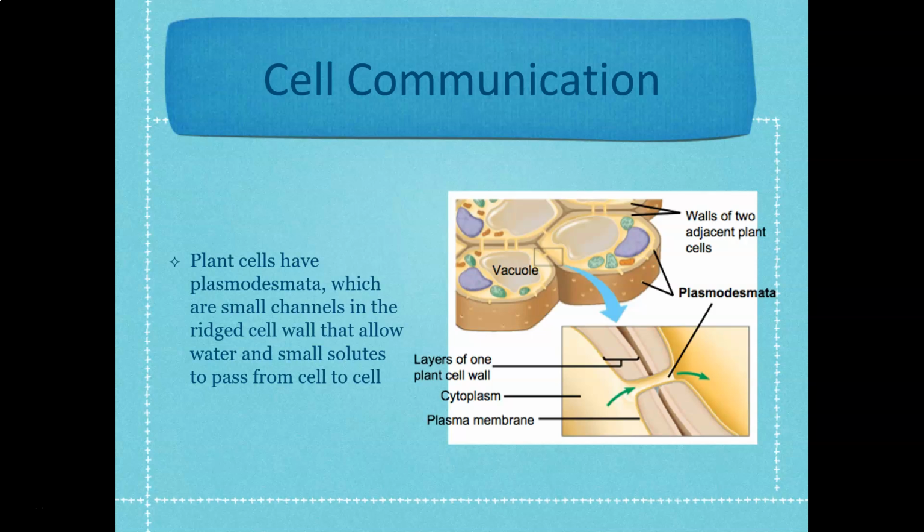So here's the thing. When we talk about multicellular organisms, those organisms need to be able to coordinate the activities of their cells so that they can coordinate the activities of those tissues, that coordinate the activities of that organ, that coordinate the activities of that organ system, so that you as an entire organism function and you're doing the job that you need to do in that particular situation in that moment in time.